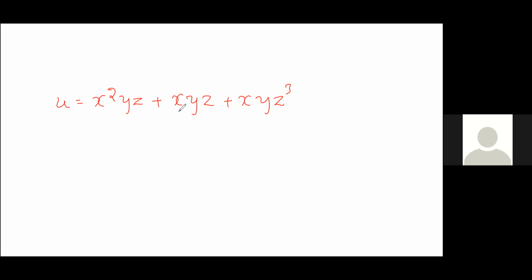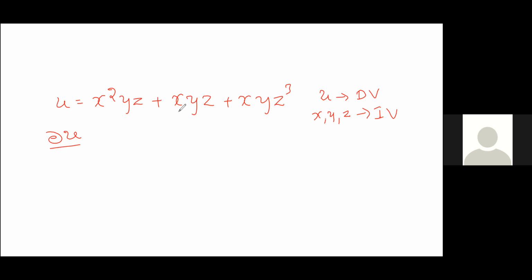One dependent, u is the dependent variable, and the remaining x, y, z are independent variables, right? So that means we can find the partial derivative of the dependent variable with respect to an independent variable. So first we can find